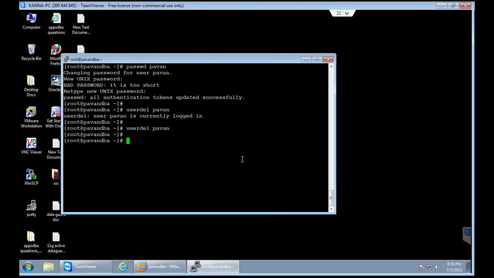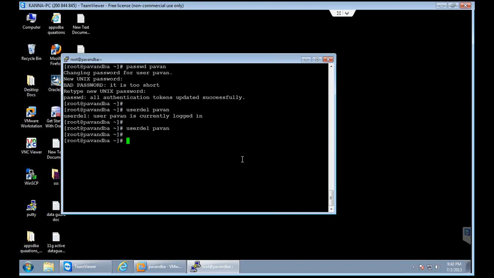And yes, Raghu is asking a question. He says, in real time only the sysadmin or the Unix admin will have the root access. Yes, definitely. Root access will not be there for DBAs in real time. We will be having access only to the database user. Root user access will be there with sysadmins or Unix admins.